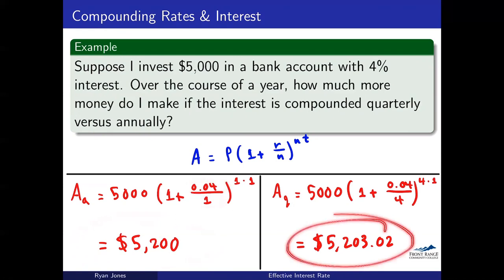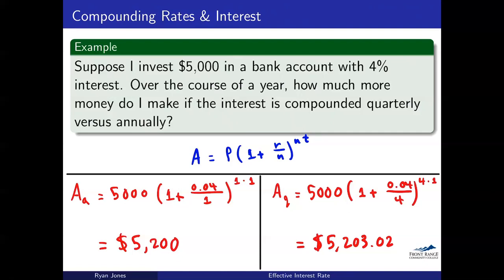We make 5,203 if I compound quarterly at 4%. So what I want to know is, if I compound annually, but I change this interest rate, what would that interest rate have to be in order for me to get this amount of money? So basically everything I just said there, it's just saying, if I start with $5,000 and I compound annually, what